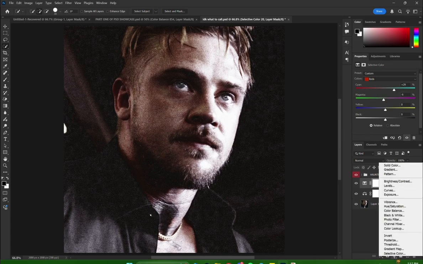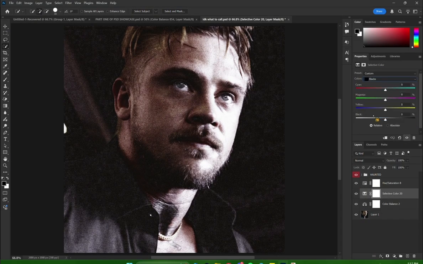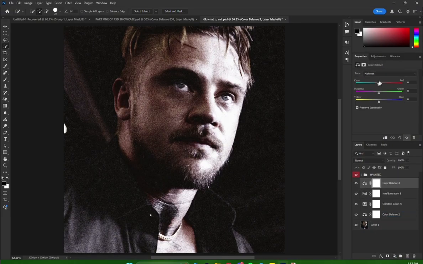You can go back down to the half circle, and then do hue saturation, click on the red, then down the lightness, and that dulls it. And then I click through the eyes, and I hide and toggle it back on to show you how the redness is affected. Then I go back in our selective color, go to the black, and just down that a bit. Then I go back with another color balance, and I'm sliding through the sliders just a tiny bit,